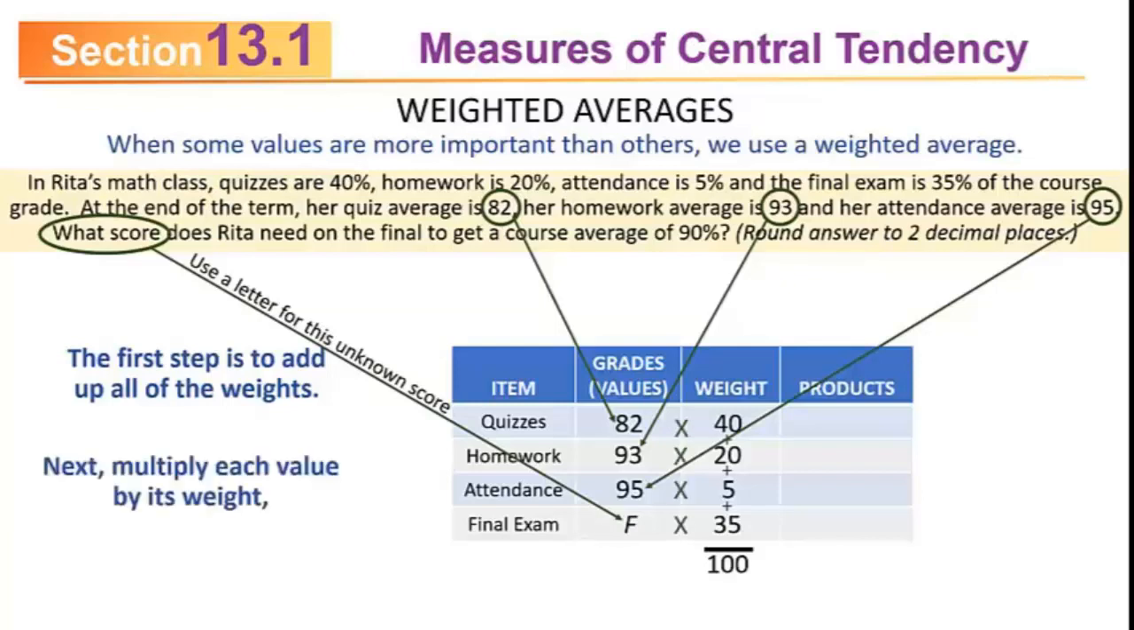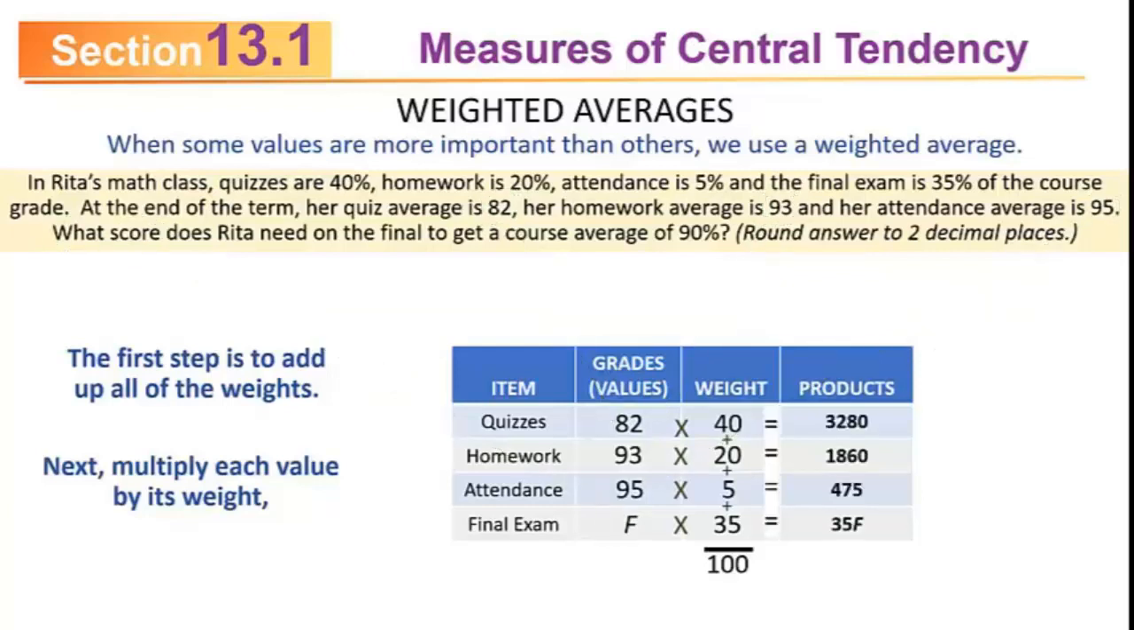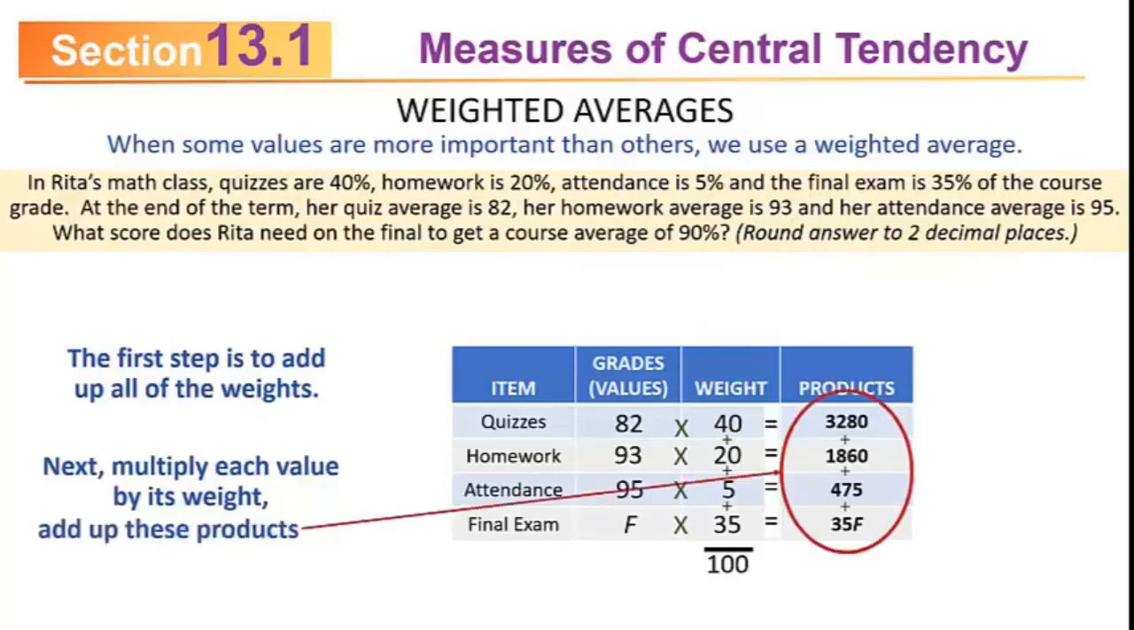So I want to multiply every value by its weight. That's the nice thing about the table. It makes these calculations easy to do. So I multiply across left to right. So 82 times 40, 93 times 20, 95 times 5, and F times 35, and put those products in the product column. Next, I want to add up those products. So if you add up 3,280, 1,860, 475, and 35F, you get